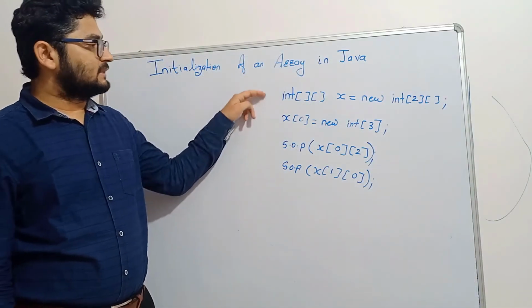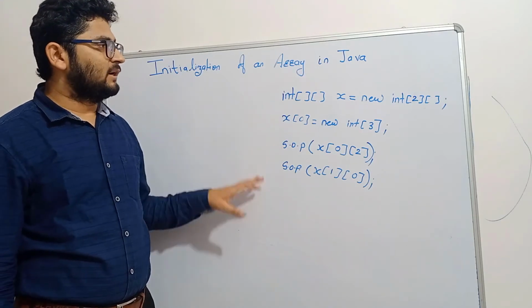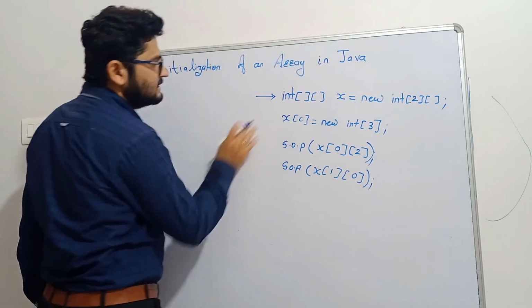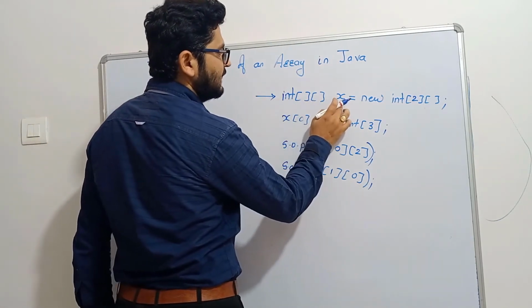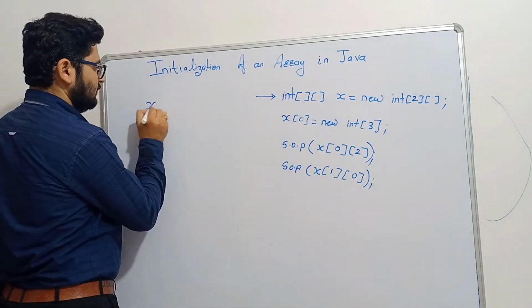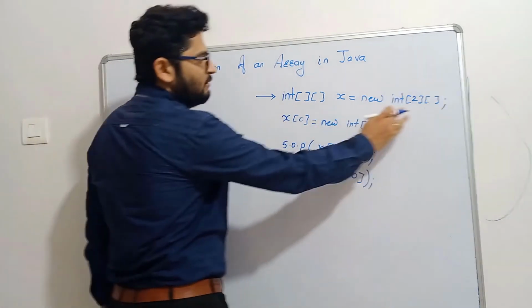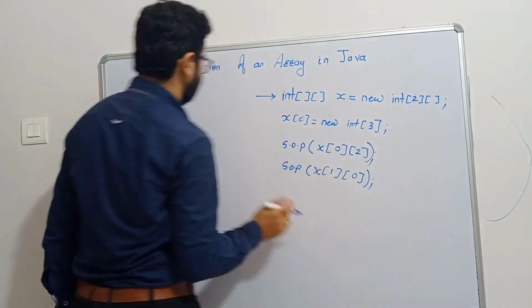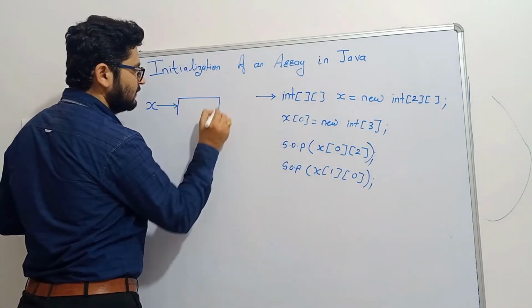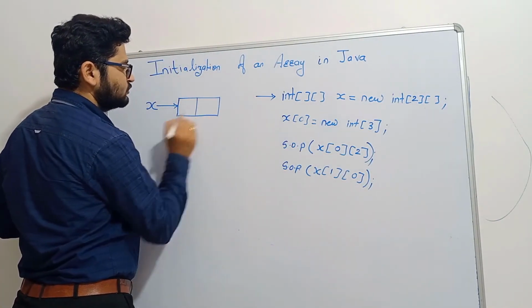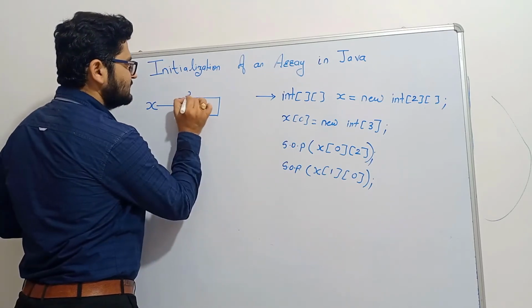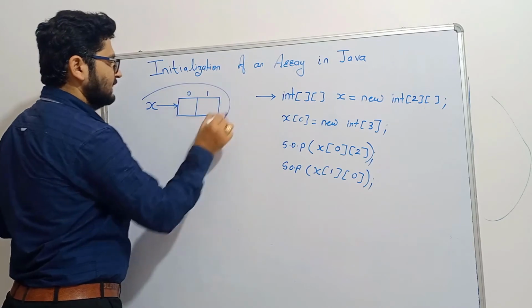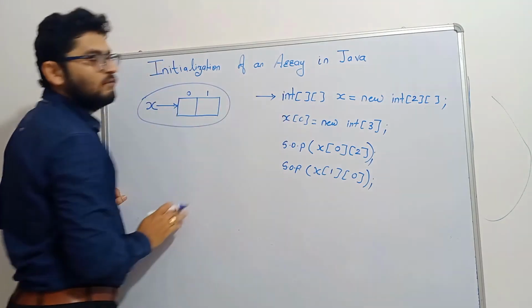Okay, let us consider these statements and we will try to find out the output of these statements. When we execute the first statement, we are creating a two-dimensional array x. But here the size of the base array has been given, but the size of the next level array is not given. So that's why it is going to create a base array of size 2, and the index here will be 0 and the index here will be 1. So this much object will be created in the first statement.